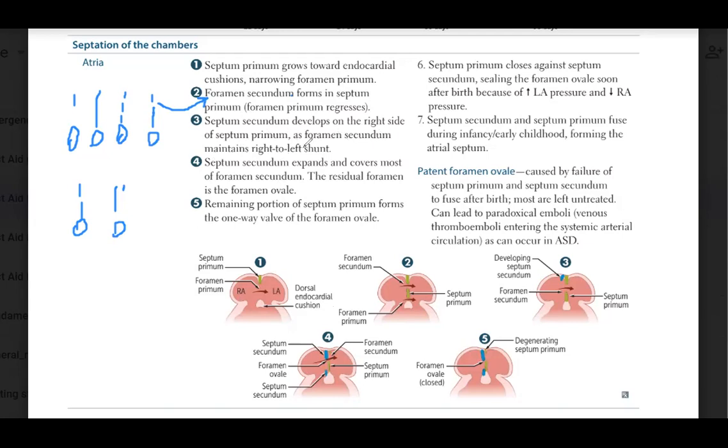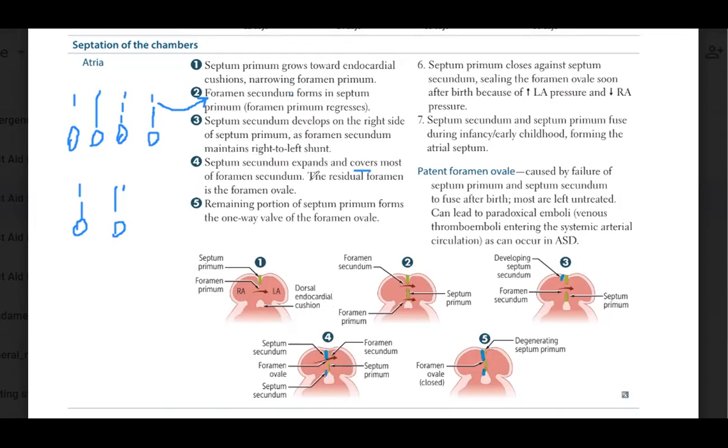Foramen secundum maintains right to left shunt. This is the foramen secundum, which is maintaining right to left shunt. Septum secundum expands and covers most of foramen secundum. It expands, it comes down, and it covers most of this foramen secundum, and this foramen secundum is now